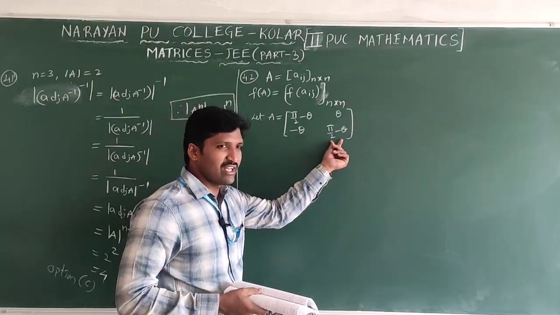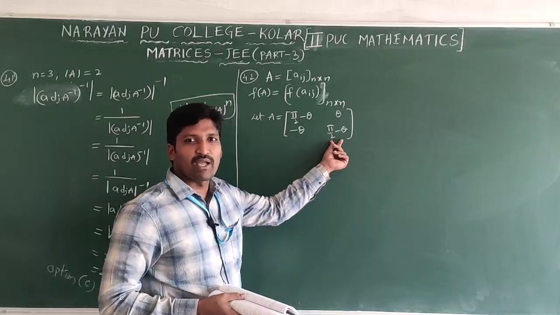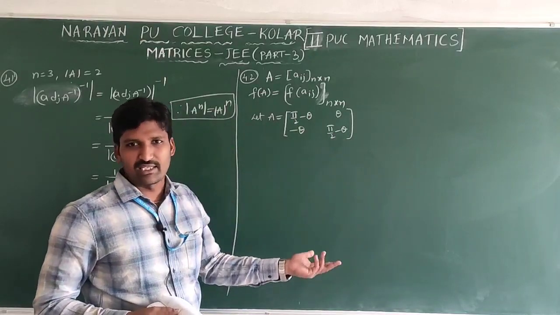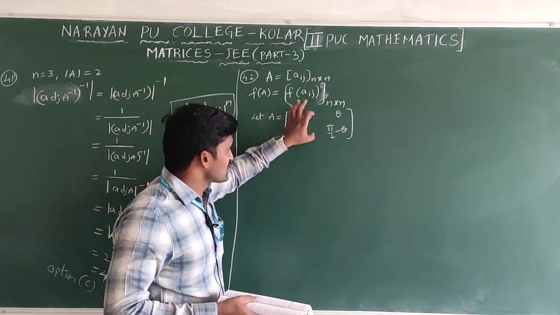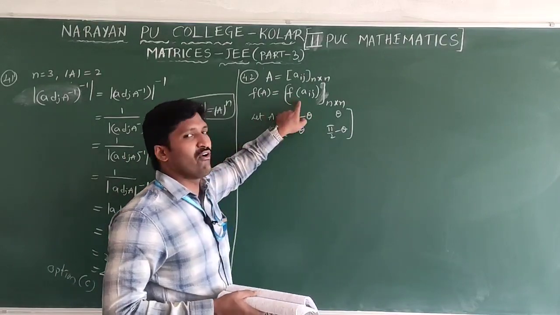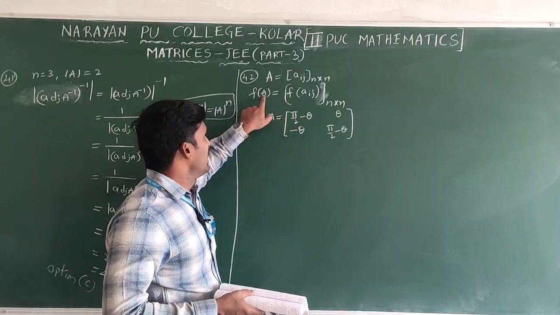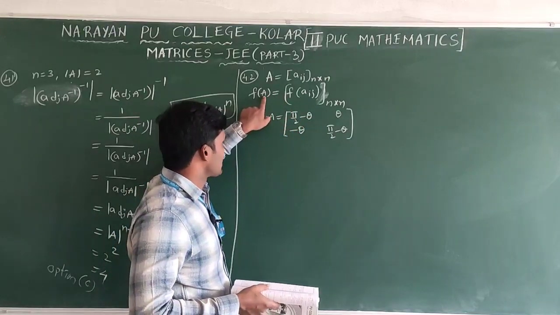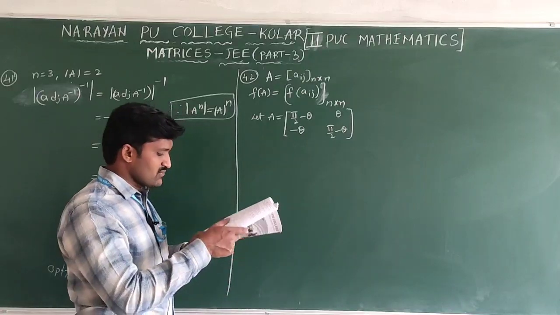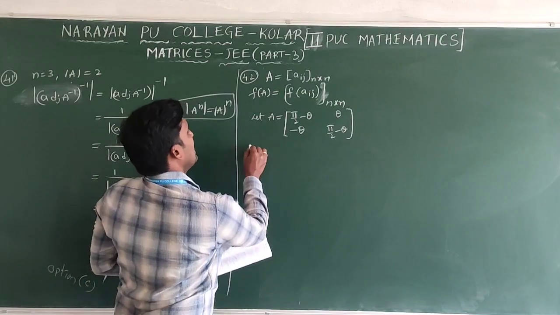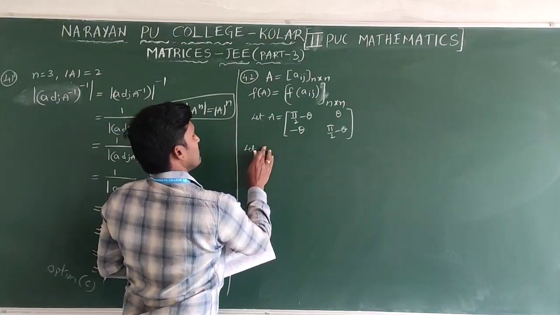Here again if you apply sin for this, what will we get? Sin of pi by 2 minus theta is cos theta. But for the remaining elements it is not satisfying. Why am I applying this here? These elements we are substituting in the function f of x, f of A. Now A is a matrix. In the place of the matrix you take the elements of this matrix A. Now, let us assume